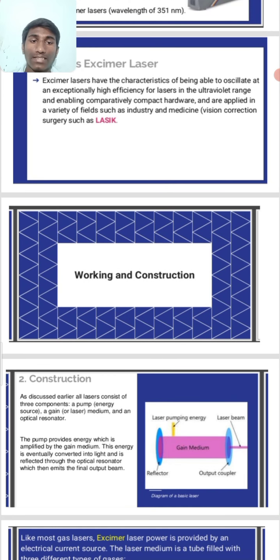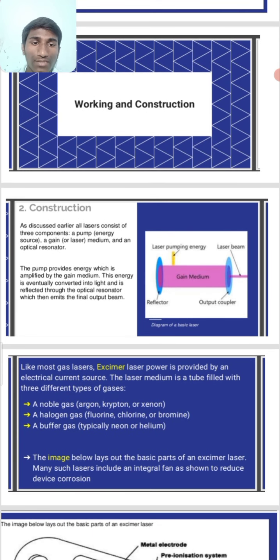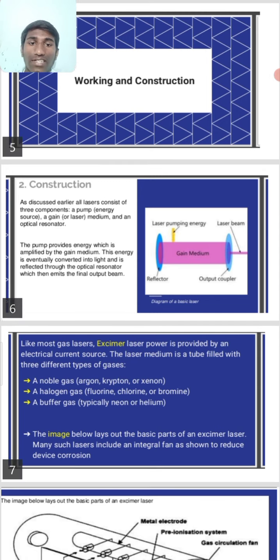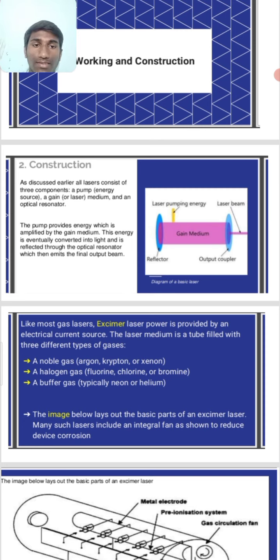Coming to working and construction, usually a laser consists of three components: a pump or energy source, a gain or laser medium, and an optical resonator. The pump provides energy which is amplified by the gain medium. This energy is eventually converted into light and is reflected through the optical resonator, which then emits the final output beam of a laser. Here you can see the reflector, output coupler, laser pumping energy, and finally a laser beam which is coming out